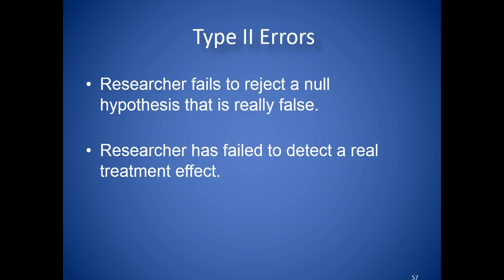What about type 2 errors? Well, type 2 errors are what happens when a researcher fails to reject a null hypothesis that's really false. So what happens here is that the researcher has failed to detect a real treatment effect. Well, this can be easily demonstrated by a small sample size. For example,